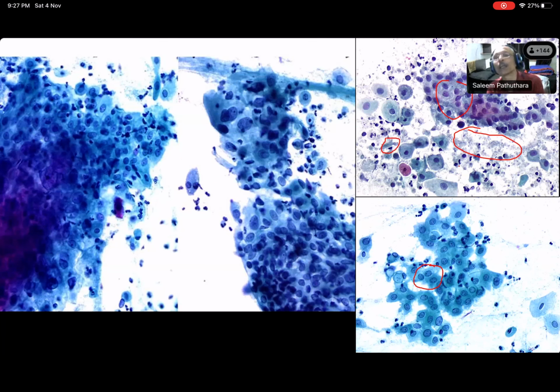So what have we learned from this? What would be your diagnosis in this, Saujanya, based on this smear? This is a repeat smear done at Calcutta Hospital. So can you tell me what is the diagnosis on this? Is this smear satisfactory for evaluation or not? Yes, sir. The smear is satisfactory for evaluation.